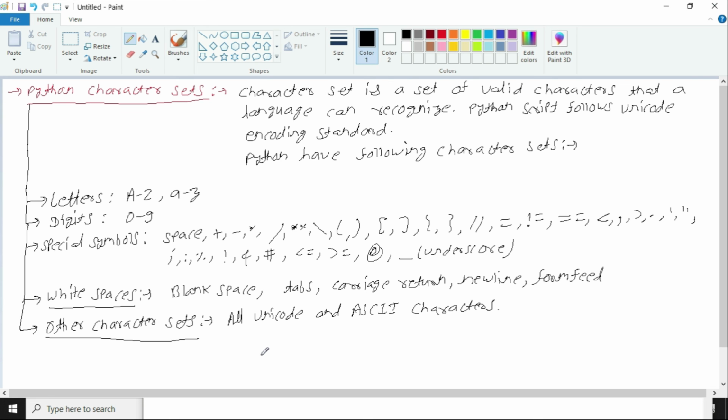Anything in a Python program gets created using a character set. Of course, anything in any other language like English can be created just by using the character set. There is no other way to write something in a language. In the same way, to write anything in the Python programming language, you need these character sets. All the characters in Unicode can be used to write a Python program, but most frequently we use these three character sets: letters, digits, and special symbols.